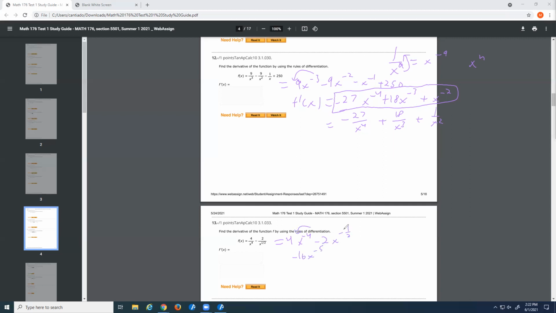The next one will bring down our minus 2, and then minus 1/2. So we'll have minus 2 times minus 1/2, which is just positive 1. So we'll have plus, and then just x, and then our power is going to be minus 1/2 minus 1, or minus 2/2, which gives us negative 3/2, I believe. All right. Minus 3/2, just like that, and that should be your answer, as long as I did all the